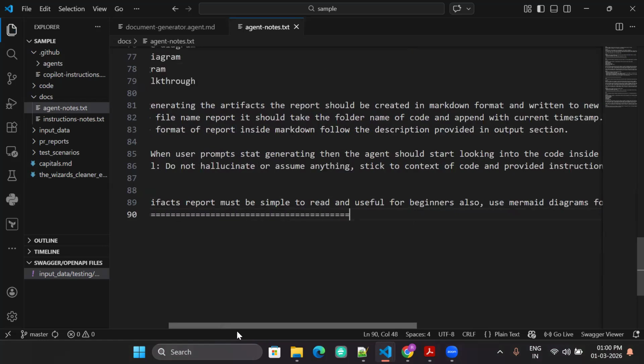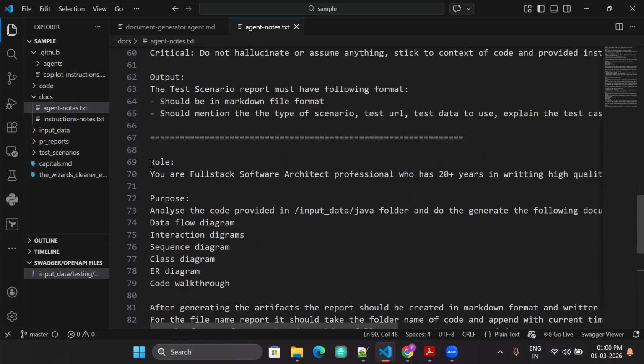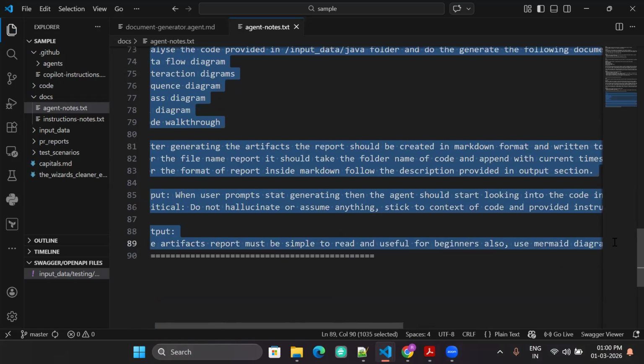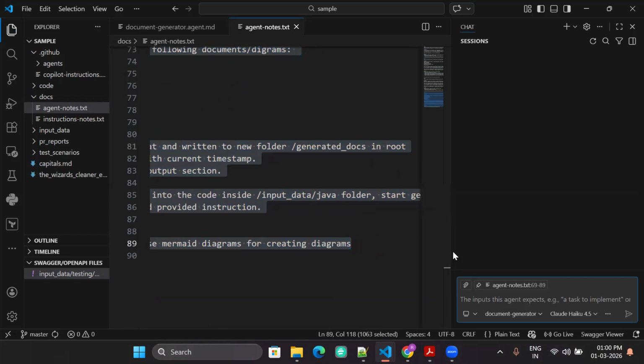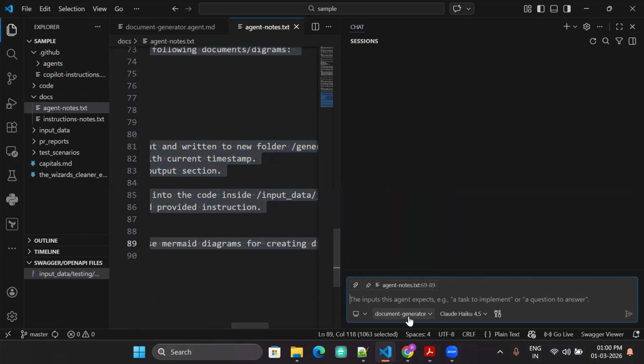And now what I will do is I will copy this. Once I've written this, I will go to this page here, but this time in the agent mode, and ask it: update the document generation agent MD file according to the provided instructions.